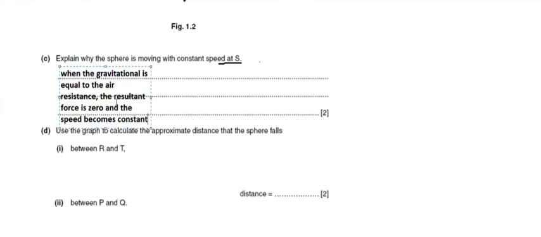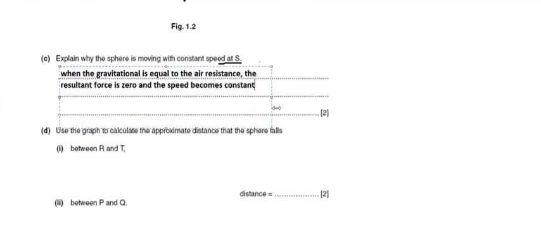In this way, we can write down when they are equal, the speed becomes constant, and we can write down the acceleration is nothing but 0. So that means when the speed becomes constant, the acceleration